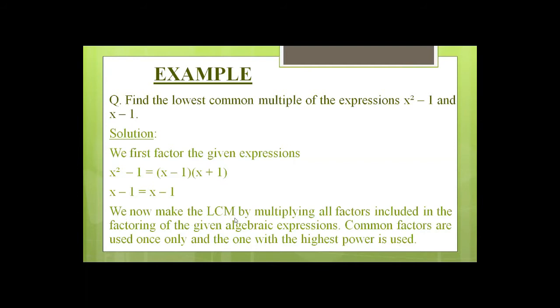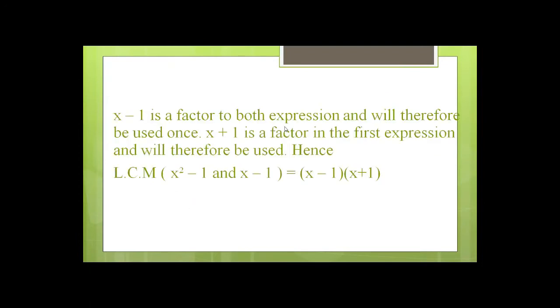We now make the LCM by multiplying all factors included in the factoring of the given algebraic expression. Common factors are used once only, and the one with the highest power is used. So x minus 1 is a factor of both expressions, which means x minus 1 is common in both and will be used only once. And x plus 1 is